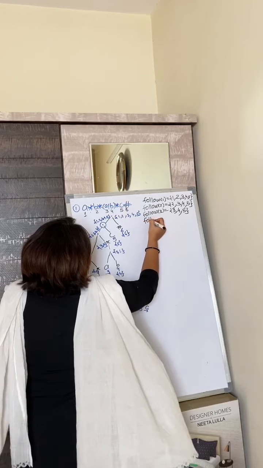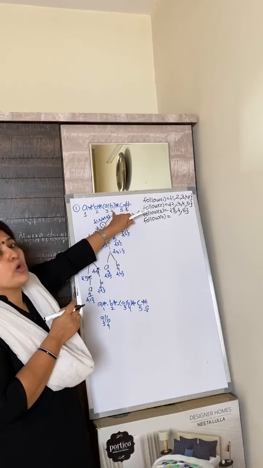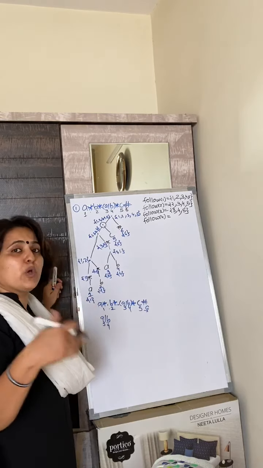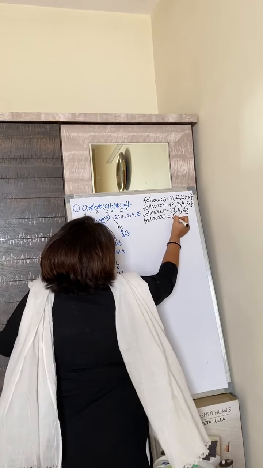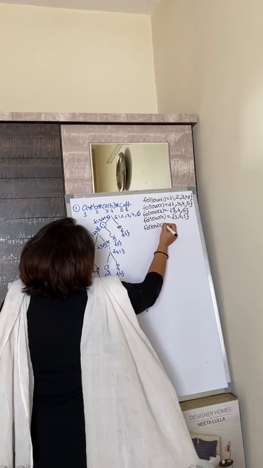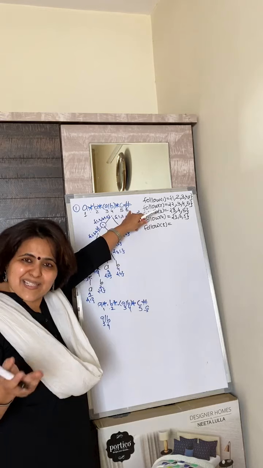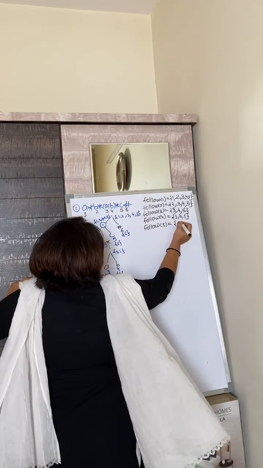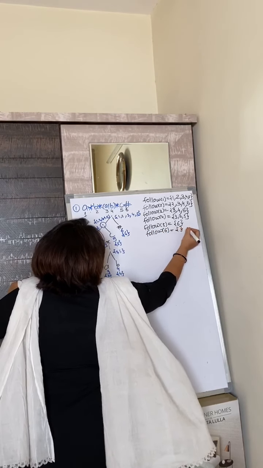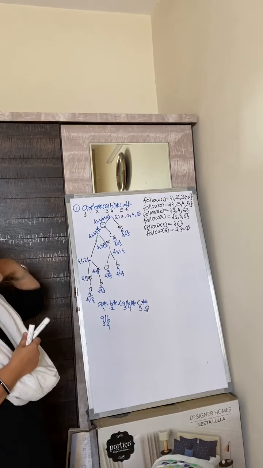Similarly, when you calculate follow of 4, which all symbols can follow 4? 4 itself can follow 4. Then 3 can also follow 4. Then 5 can follow 4. Beyond 5 nobody else can follow. So this is 3, 4, 5. Very good. Follow of 5. That is after 5 what all symbols are possible? After 5 there is a single symbol available, that is 6. Okay. So follow of 5 is 6. Follow of 6 is the empty set.